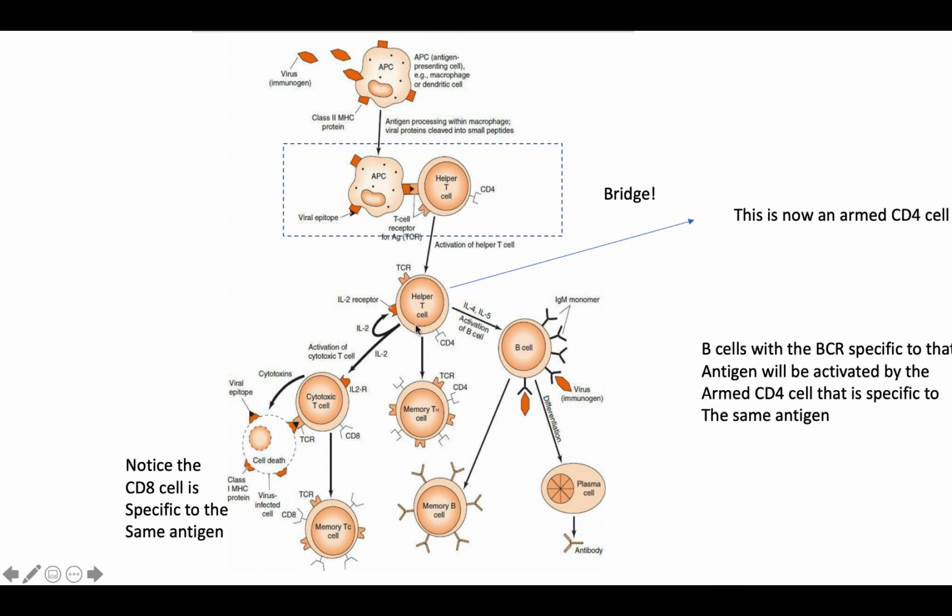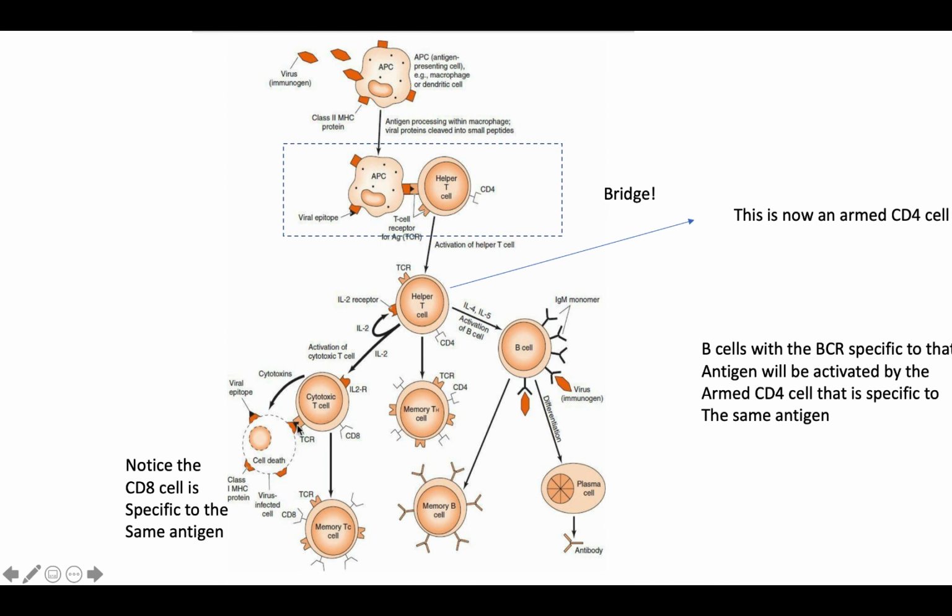هاي واحد. Or it will say, no, I need to kill the cells that are infected with this virus. So I need to kill, the virus is inside these cells. I need to kill it. So what do I do? I need to find, حكينا, every cell in the body shows the protein makeup inside it on its class 1 MHC protein. So I need to find a cytotoxic T cell that is